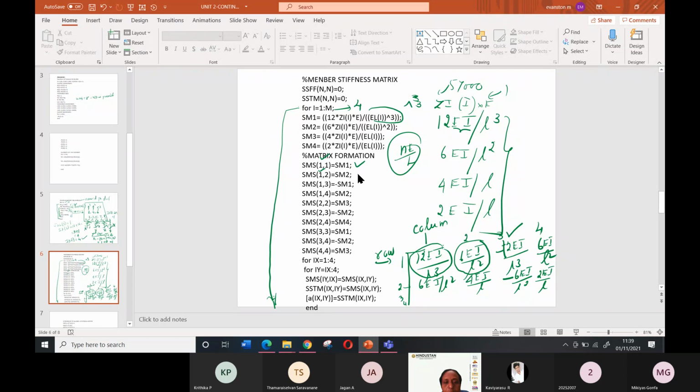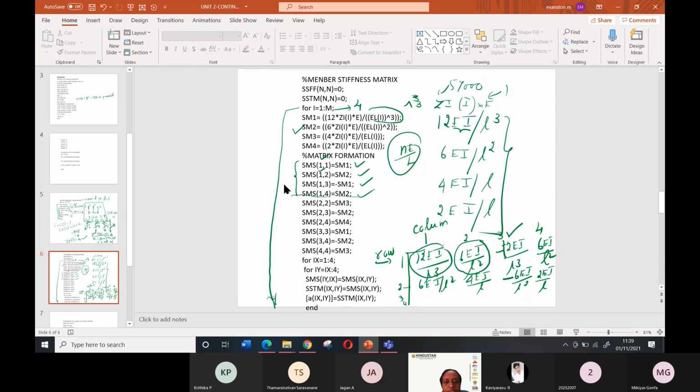So I have finished 1, 2, 3. What about the fourth one? Fourth one is 6EI by L square. Again 6EI by L square is represented by the second one. So first row is completed.